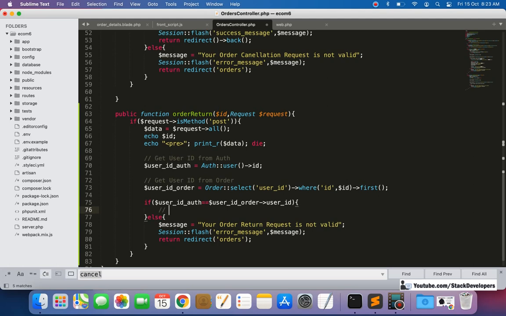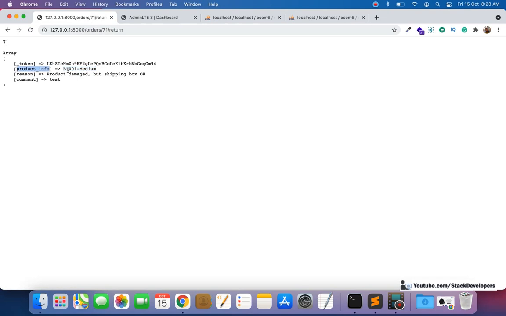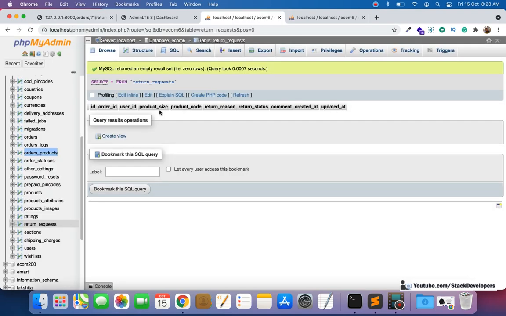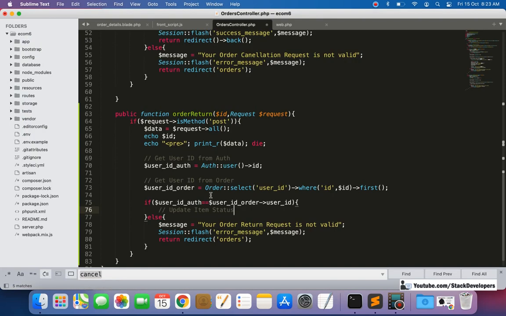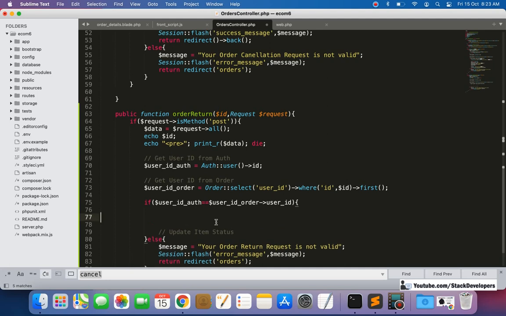We are going to do two things here, and one is to update the item status. Okay, so this is the item we are going to update. And one thing we need to do here: we have the product info, both product code and size, and we need to separate it with the explode function, so that we can have them as product size and product code. We have separate columns for both, and before that we will explode it and get that done.